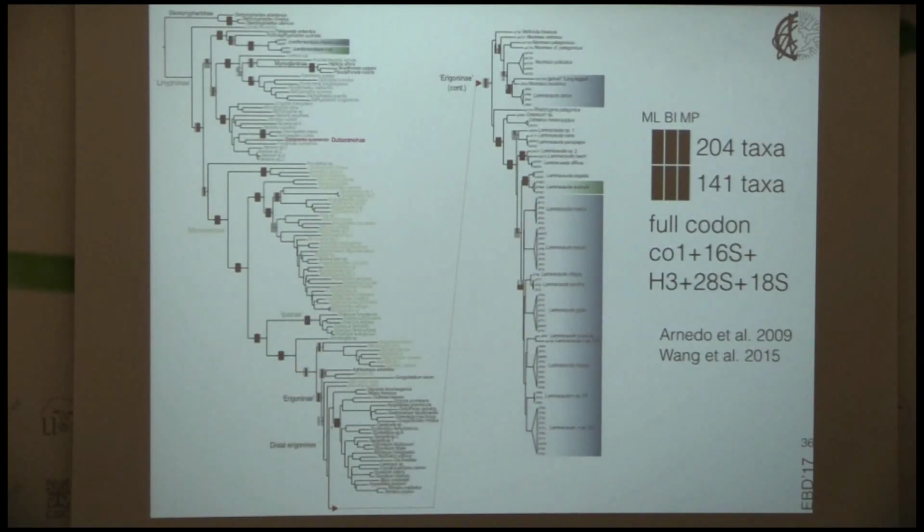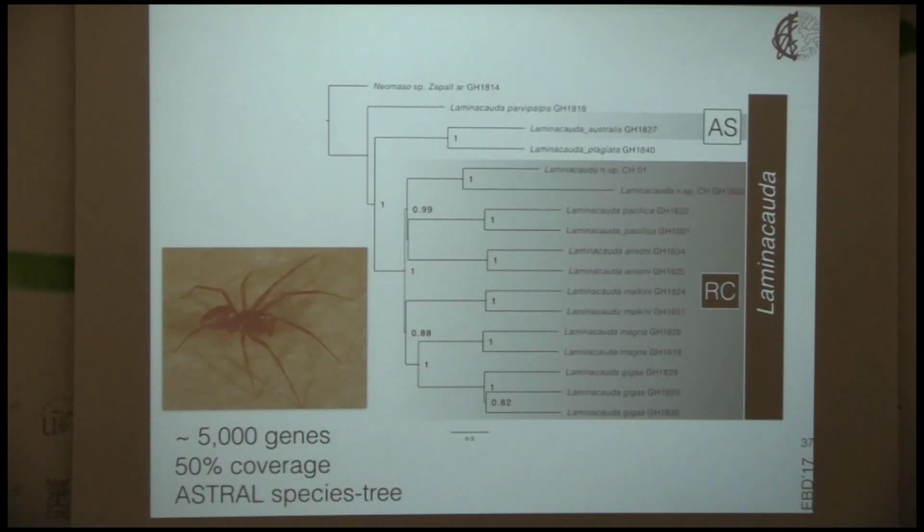The funny thing is that, and that would be a proof of rapid evolution, there is no resolution at this base whatsoever. So basically, you have all these species coming up from exactly the same point. This was done with regular Sanger sequencing, so we only have like five genes here. So we decided that maybe we don't have enough genes, and we're going to try to resolve that. So we went transcriptomics. We have 5,000 genes here, and still no resolution. So for us, this is an example of rapid radiation. It's so fast that there was no time to fix